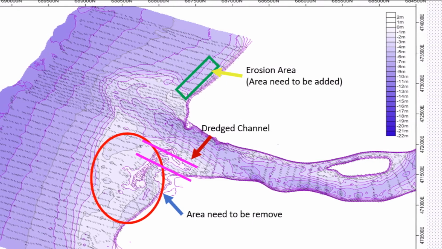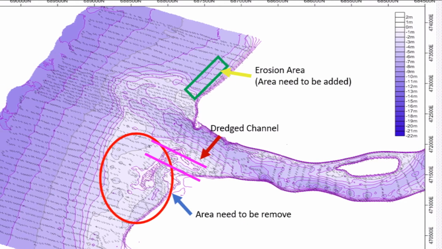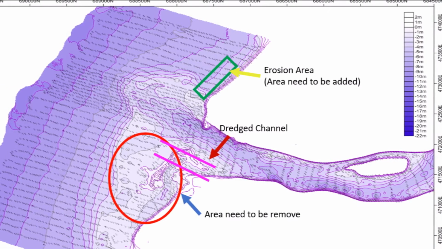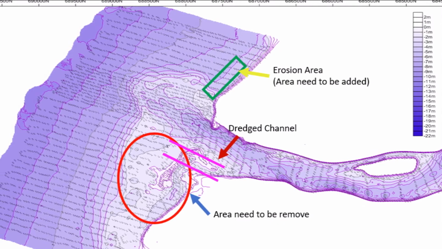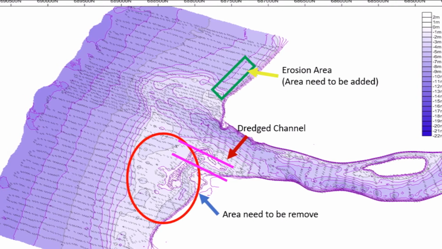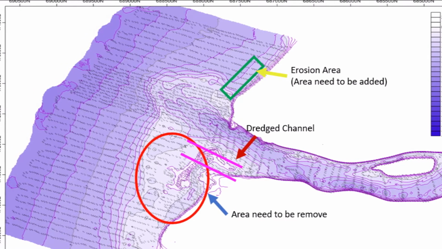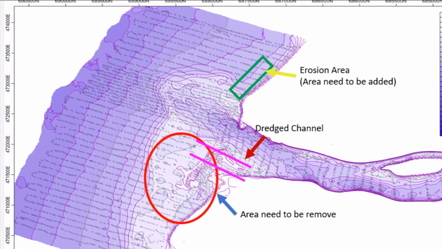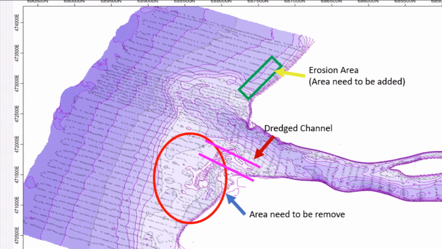Thus, our solution is to create a coastal land reclamation at the river mouth that will provide new land areas in the place of eroded coastlines. On the other hand, a dredge channel will be built at the river mouth to allow easy access for the boats to the river at any time.